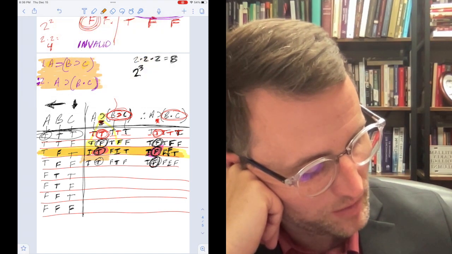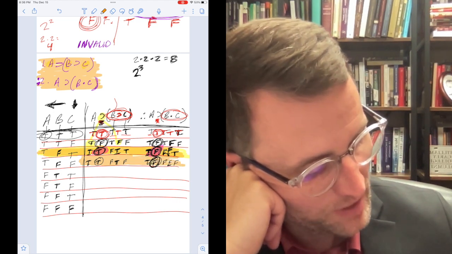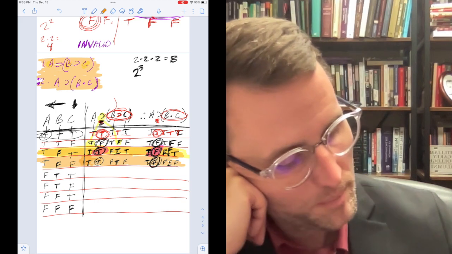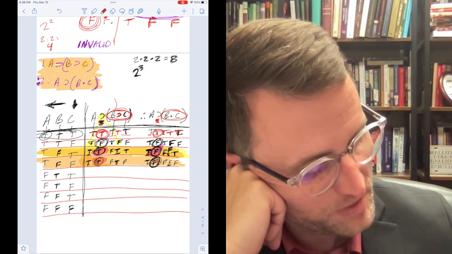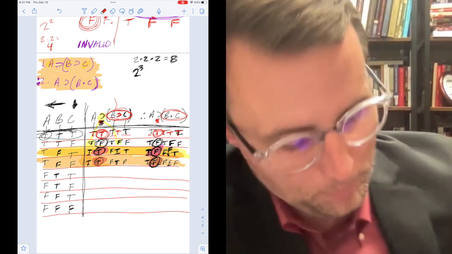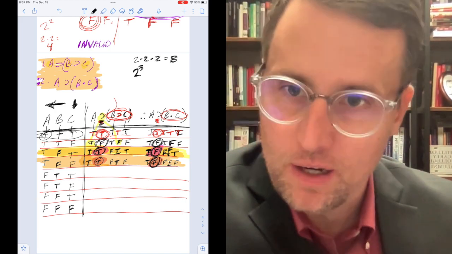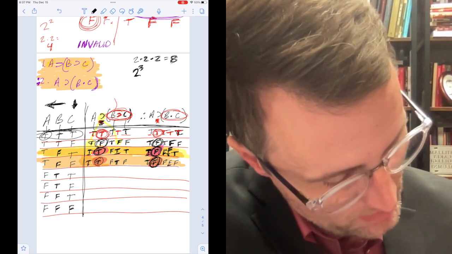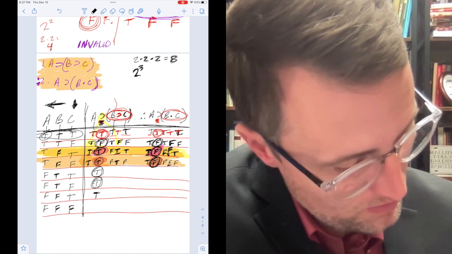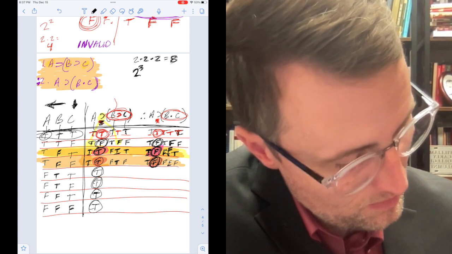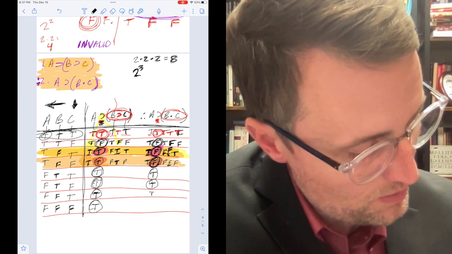You only need one line to prove that it's invalid. But we have another row or line that shows that it's invalid, because you have all true premises and a false conclusion. And you just keep going. The way this would work out would be that this would be true, true, true, true, true, true, true, and true,